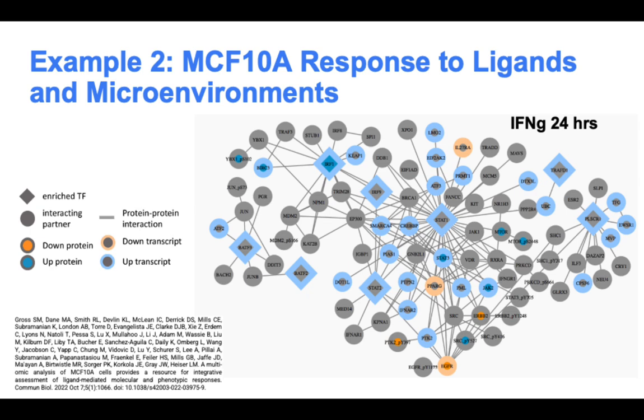So we can construct these different networks over different time periods. And this network was built by Alexandria Keenan from the Mayan lab. So we see here in the rectangles, we have these enriched transcription factors, which are inferred from the transcriptomics data. We have them connected through protein-protein interactions to those up and down proteins that are coming from proteomics, as well as these up and down transcripts coming from transcriptomics, and these other inferred molecules that are mediating these